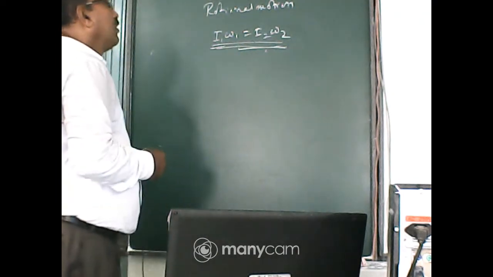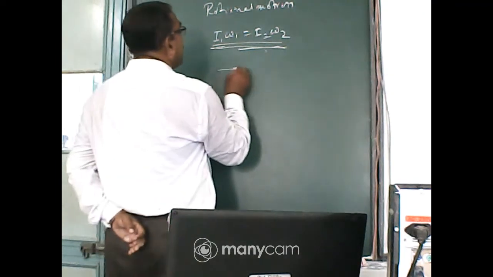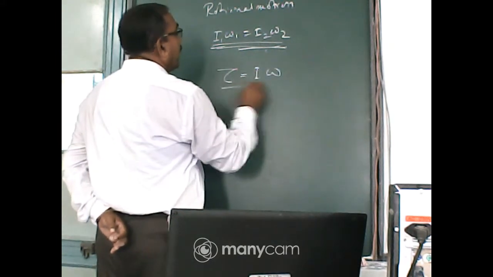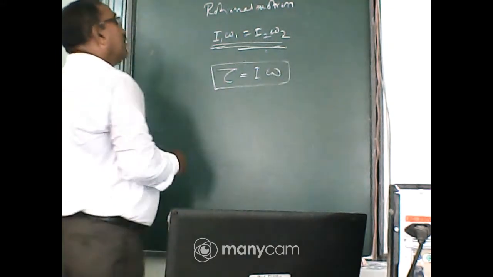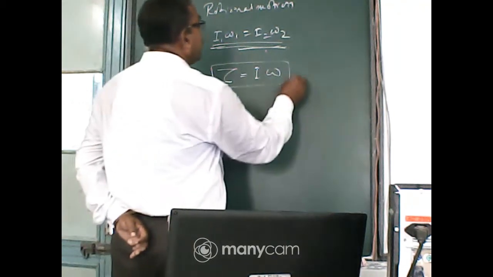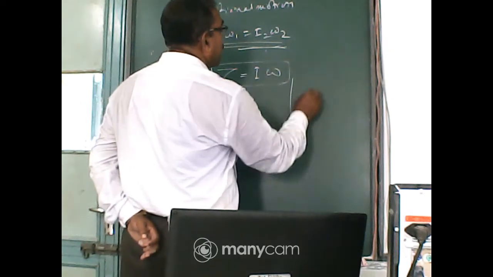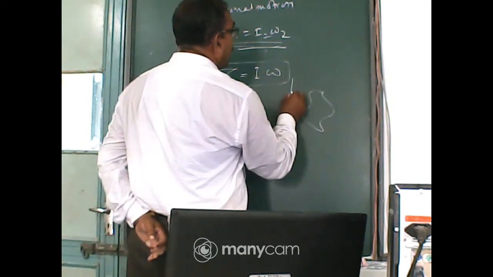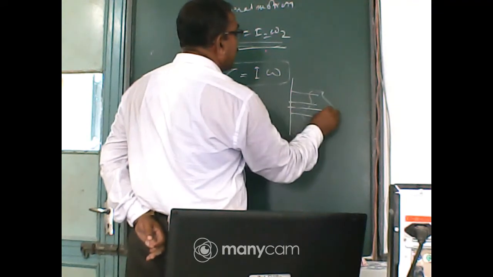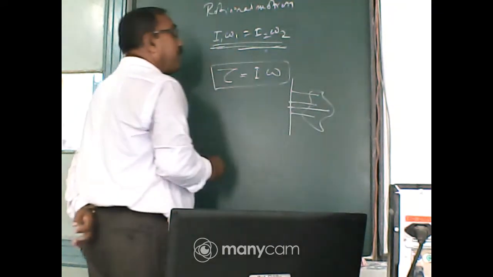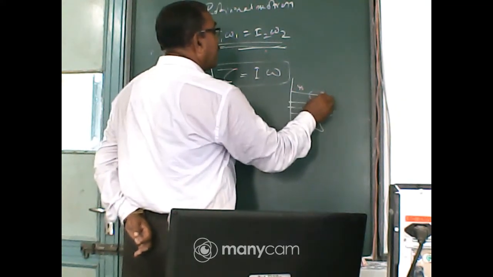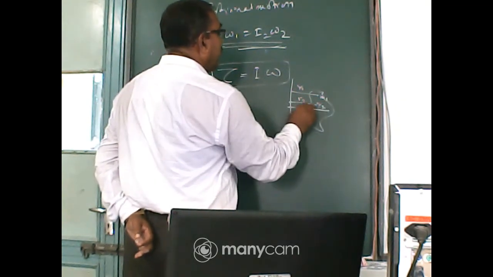And what is the relation between the torque and the moment of inertia? How can I derive it? Suppose an object is rotated along an axis of rotation. The particles have different masses, and their distances from the axis of rotation are different: m1 r1, m2 r2 and m3 r3.